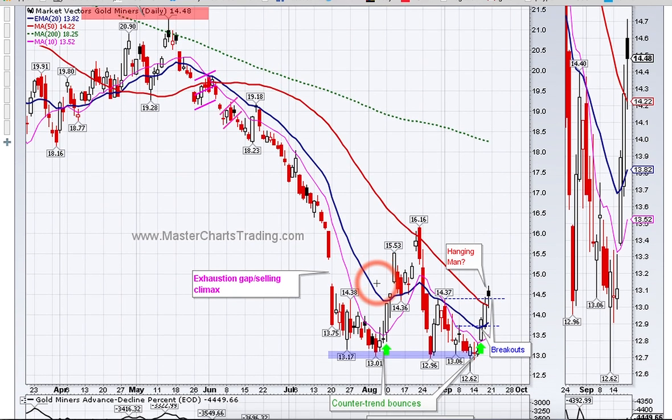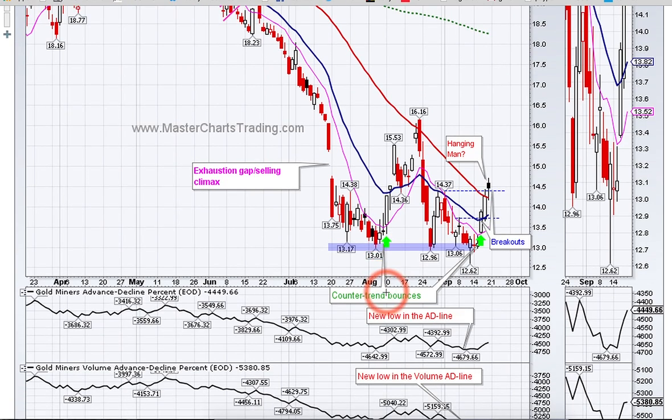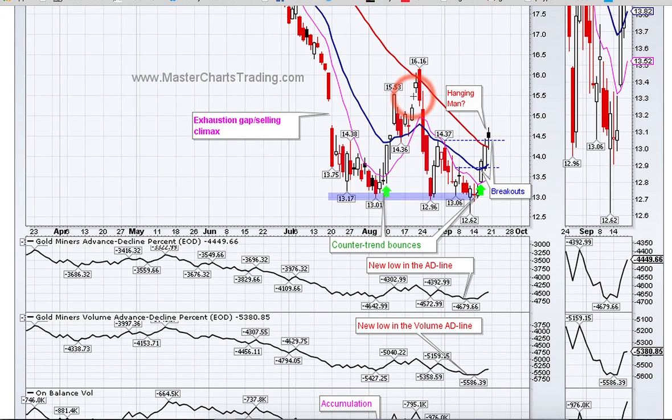Now, same thing really. Large decline. This actually kind of spoke volumes to me when there was a very large gap and then continuation lower. So this was an exhaustion gap to me, when the sellers really exhausted themselves. Finally, it bottomed out at 1301 and we had the counter trend rally.